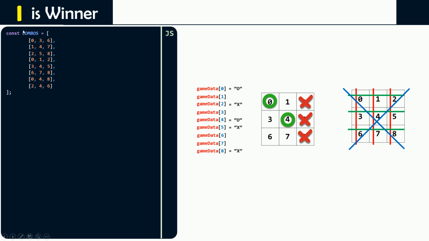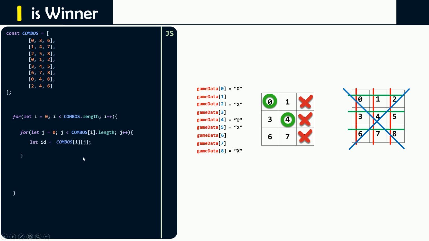So now, how can we go and check row by row? Simply, we're going to use a for loop that starts from 0 till the combos.length. So we're going to check a row by row. Then inside every row, we're going to check these elements here, which are simply the ID of our board spaces. So we're going to need to use another for loop here that will check for the elements inside every row here. Now these elements here are IDs of the spaces, so I'm going to say let ID here equals combos